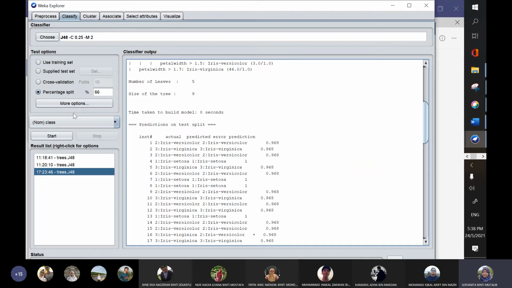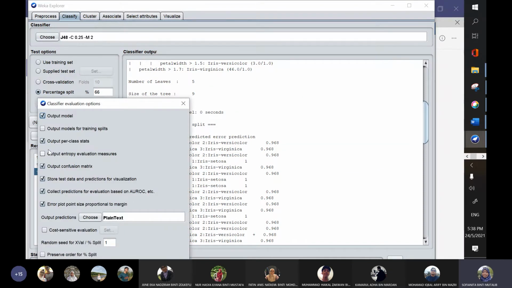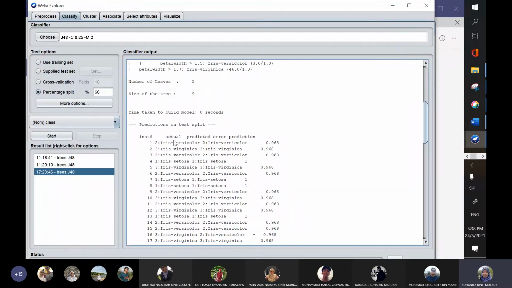And if it confuses you, there is something you have to untick, but I can't remember which one. You might untick that one, and then you can just focus on the actual and predicted. It will show you iris versicolor and iris versicolor, iris virginica and iris virginica.